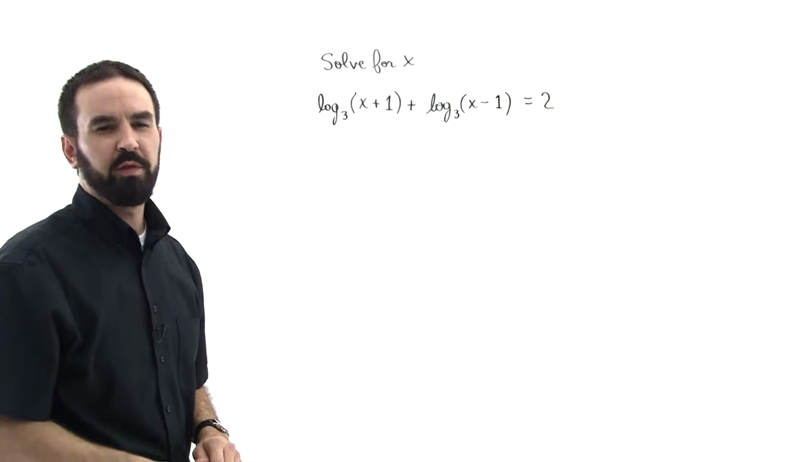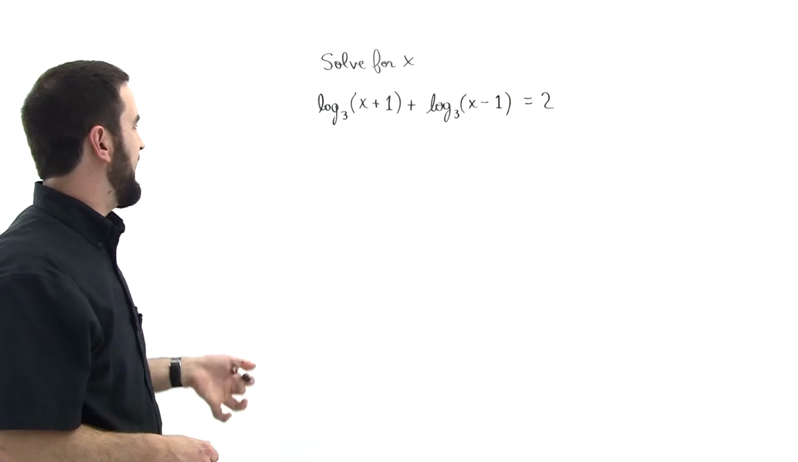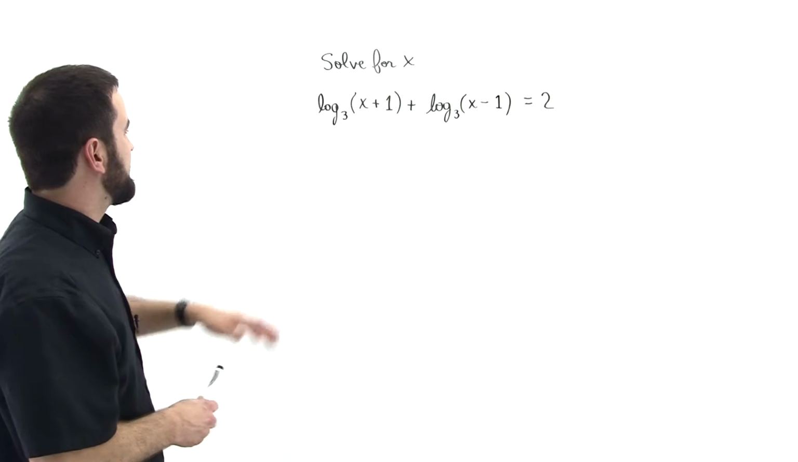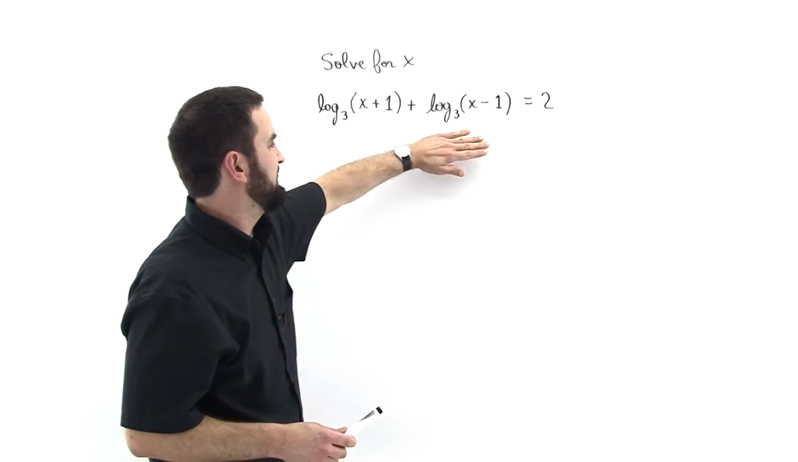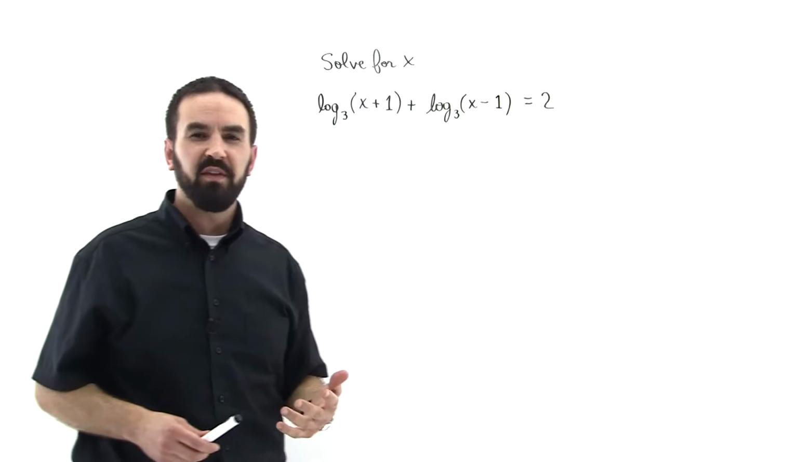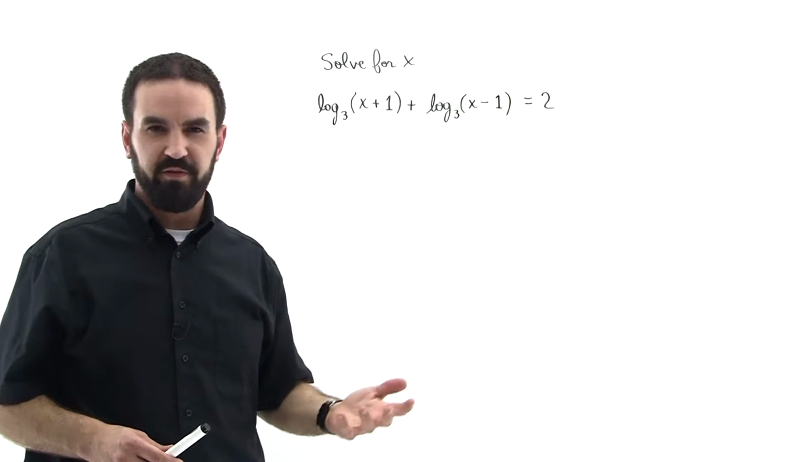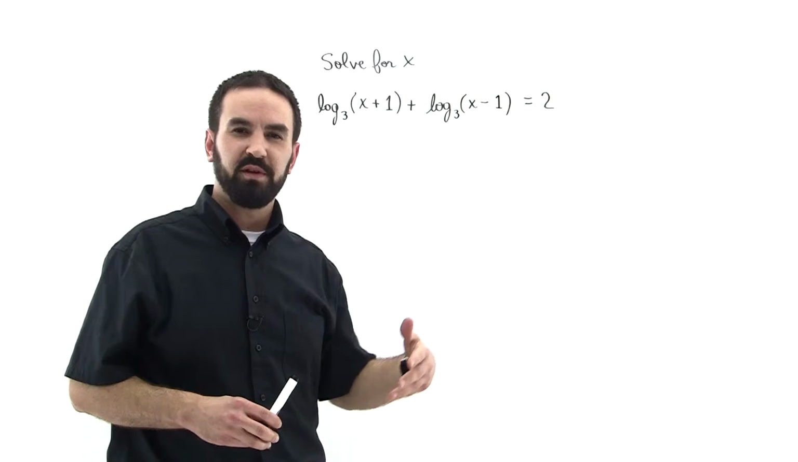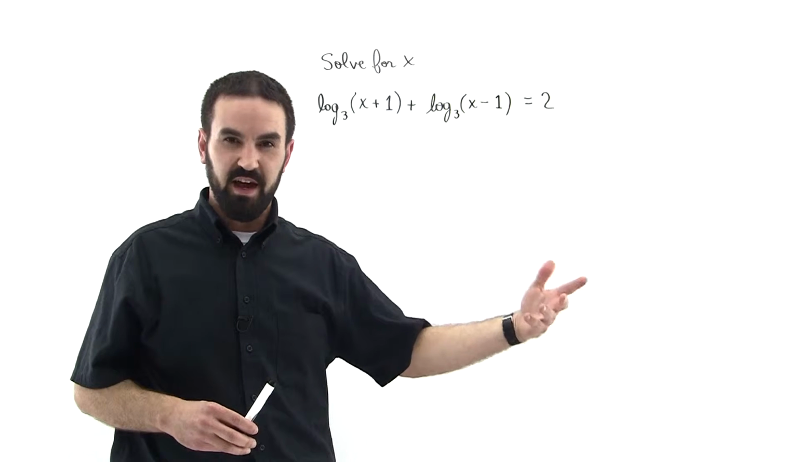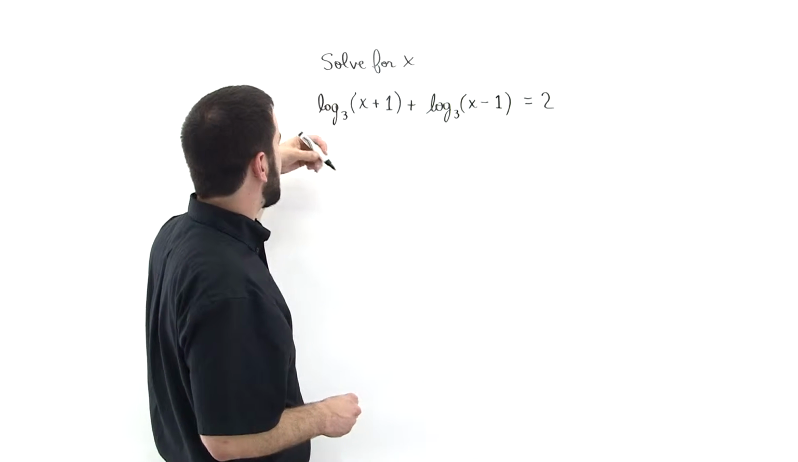We're given this logarithmic equality and we're told to solve for x. So the first thing we notice is that both of these logs have base 3. So we can combine them with the logarithmic property for addition. The log of a plus the log of b is equal to the log of a times b. So we can say that this is equal to